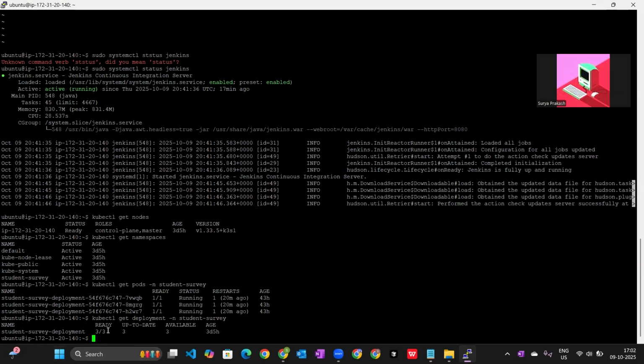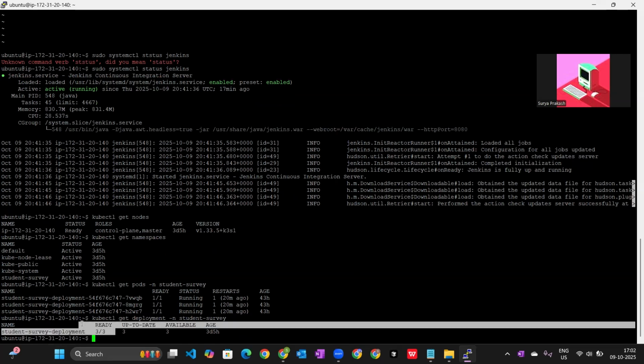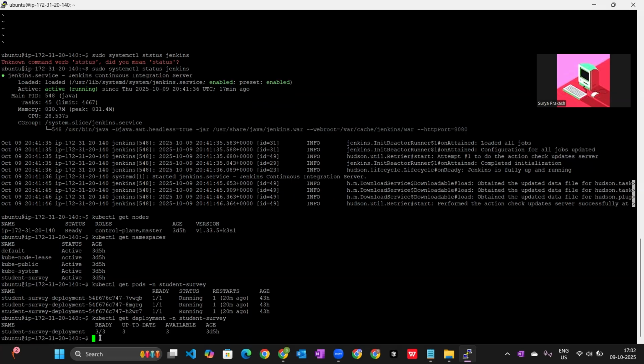So here you can see that the deployment shows 3 by 3 desired replicas are ready, and Kubernetes automatically maintains this count. If your pod crashes, it will immediately create a replacement. And we had one more command,